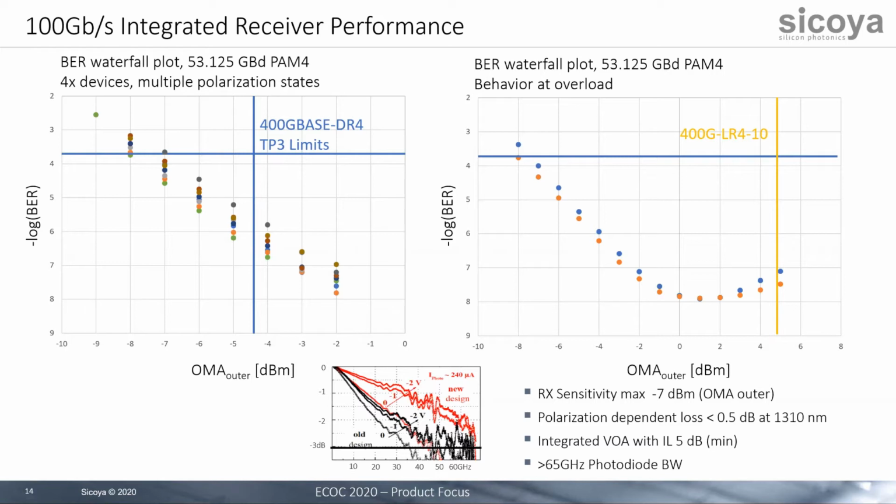Most of that performance is probably due to the photodiode bandwidth. So we're showing the photodiode bandwidth of greater than 65 gigahertz, which contributes to nice sensitivity numbers. On the right side, you can see almost the same data, but a little bit different test. So the optical power has been increased, and we're testing overload performance here. And what we can see is that there's no error floor and quite a bit of margin